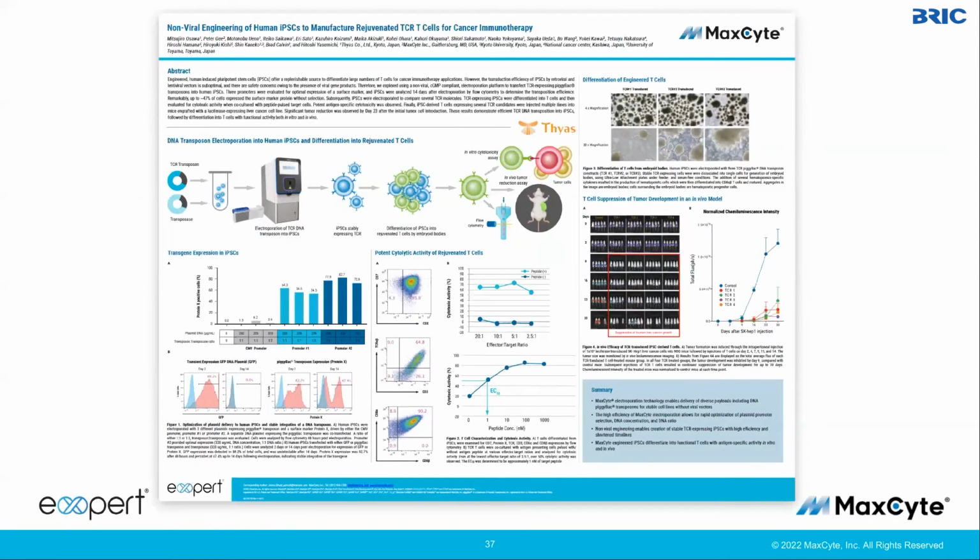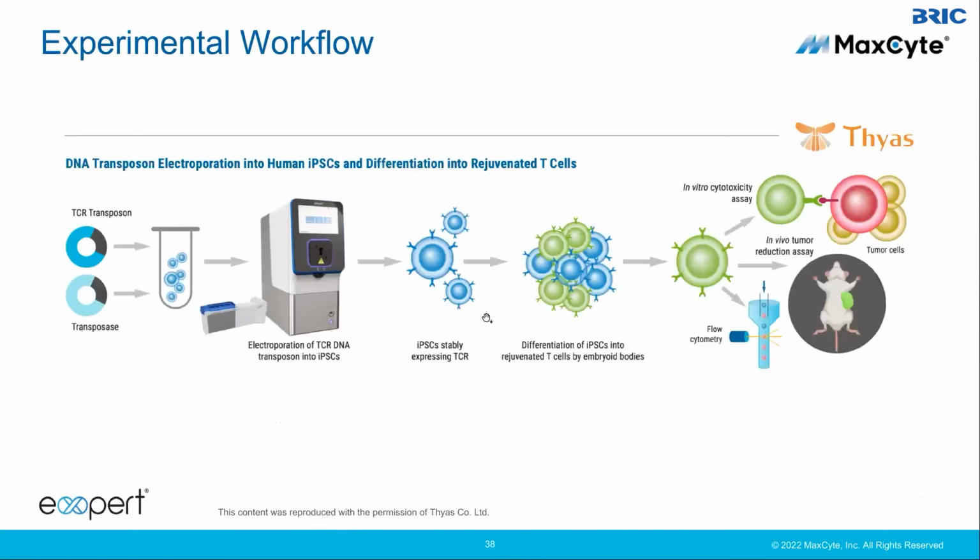Just quickly, this is a poster that we generated in collaboration with Dias. Dias is a startup company based in Kyoto and is a spin out of Shin Kaneko's technology for iPS cell derived T cells. So in this poster, basically the researchers were using piggyBac DNA transposon to deliver into iPSCs to stably express a TCR molecule. They would differentiate into T cells using embryoid bodies and then look at both in vitro and in vivo cytotoxicity